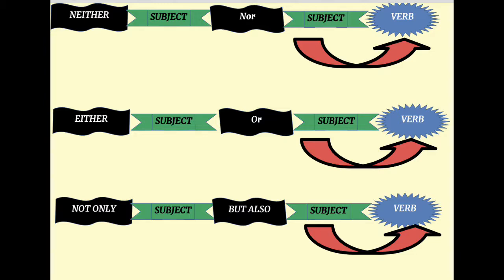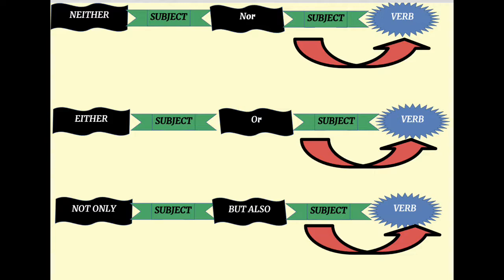If the first subject is plural and the second subject is singular, the verb will be singular, and so on. So revise these words: neither nor, either or, not only but also. These connectors dictate that the verb will agree with the nearest subject. So come back to the sentences that we have just discussed and now decide, in the light of all the